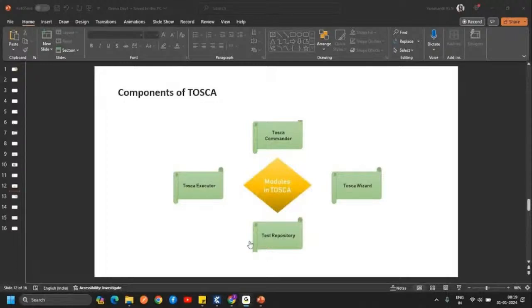Today, are we going to have any live demonstration on how the tool works, or is it just the theory part? Tomorrow, I mean, we have designed it as 3 days. In tomorrow's session, I'll show you how we will open the tool, how a test case will run, what the results are, and how you can store the results. All those things will be in tomorrow's session.